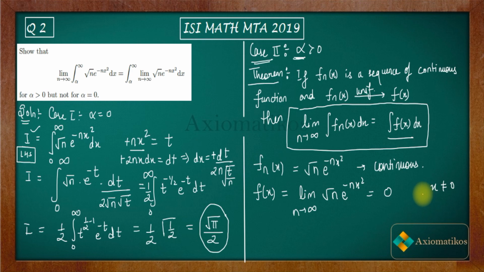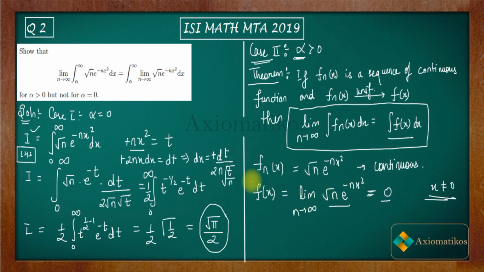So in this case your x belongs to alpha to infinity, where alpha is a non-zero number. Therefore this x is non-zero in your domain. Are you getting my point? I am not showing right now why it is 0, because just a minute ago I showed you why it's 0. So I finally got my pointwise limit.